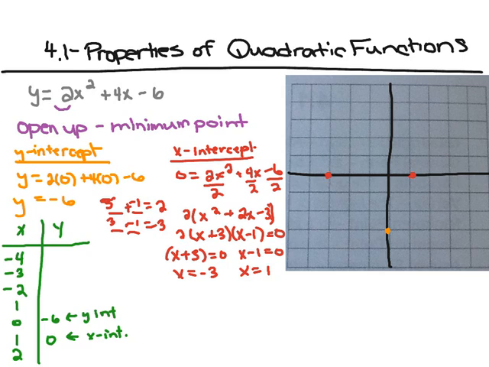And at x equals -3, we have 0, and this is our other x-intercept. So we need to fill in the rest. So 4 times 4 squared, -4 squared times 2, plus 4 times -4, minus 6. Type it all into your calculator. You should get 10. So we're going to plot this point, 4 and 10,